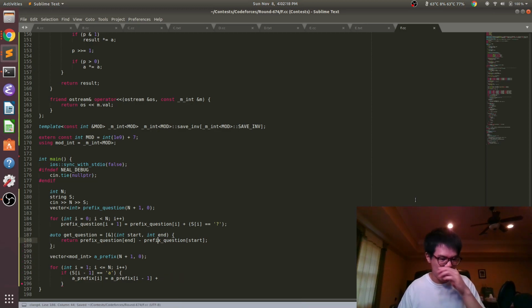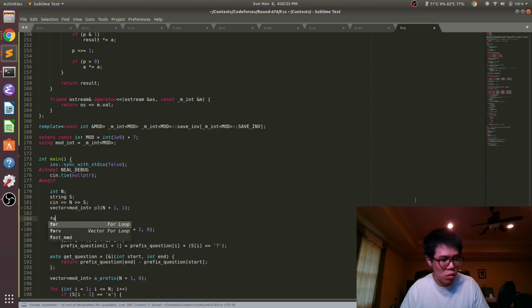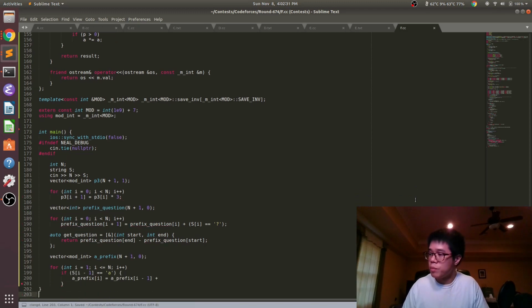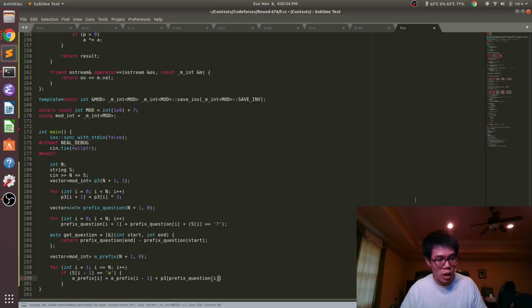One other thing we can do is save powers of 3, so that would be helpful here. Yeah, so if our last thing is an A, then we have the same number of ways as before, or we can choose this one, which results in P3 of prefix question i.